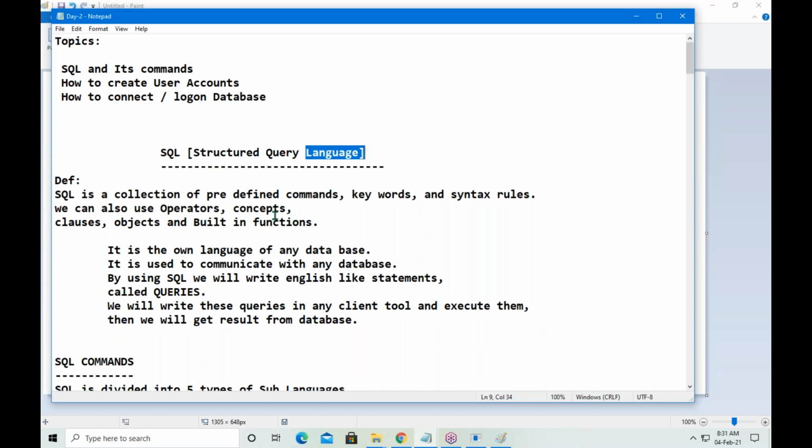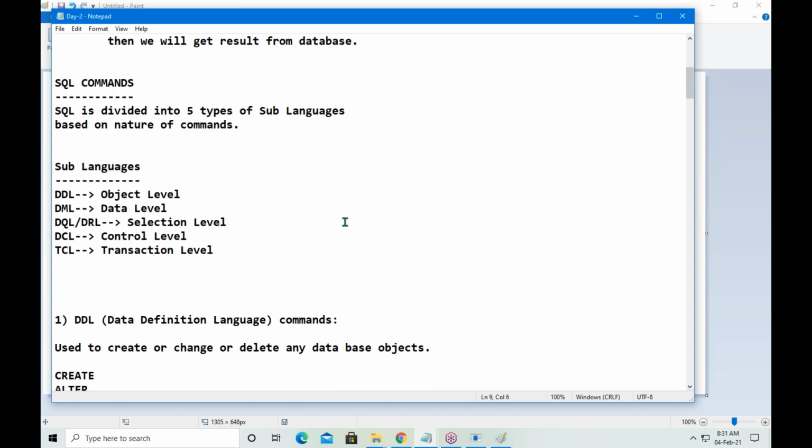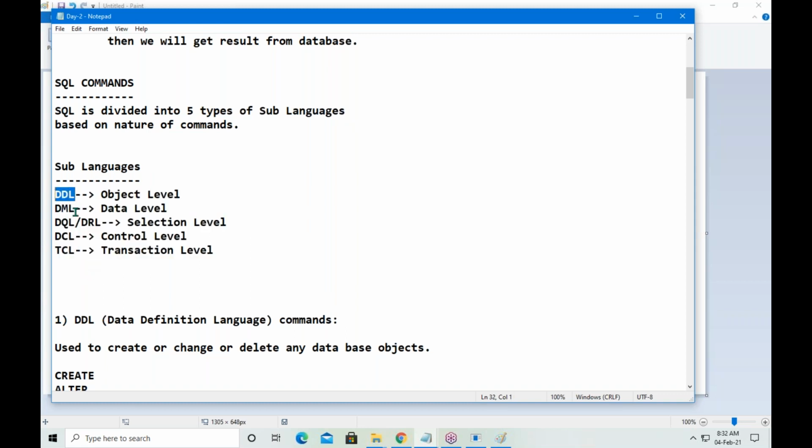Next, what are the SQL commands we have? We have 14 commands in total. SQL is divided into 5 sublanguages. These are the sublanguages: DDL, DML, DQL or DRL, DCL, TCL.